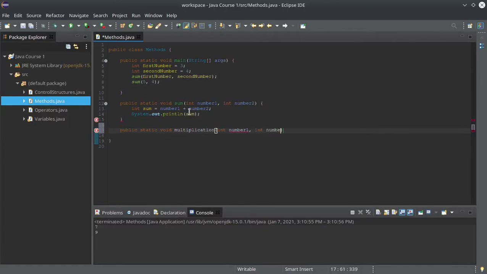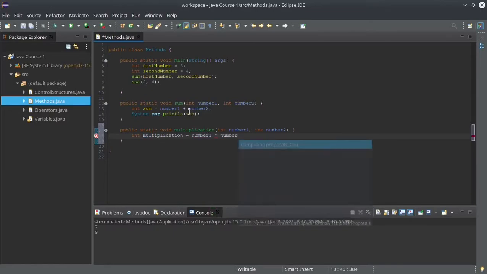Int number 2, and we do the same thing. We create a variable. We call this variable multiplication, which is equal to number 1 asterisk number 2, and then we print this